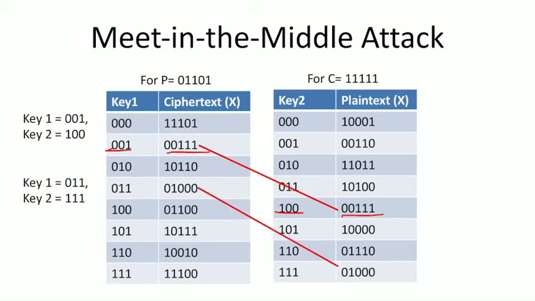The other is when key 1 is 011 and key 2 is 111. Right? In both these instances, we get the X value 01000. So both of these pairs are candidate key pairs that could be the actual keys. Right? To verify which one is right, the attacker uses them on another plaintext ciphertext pair that they have access